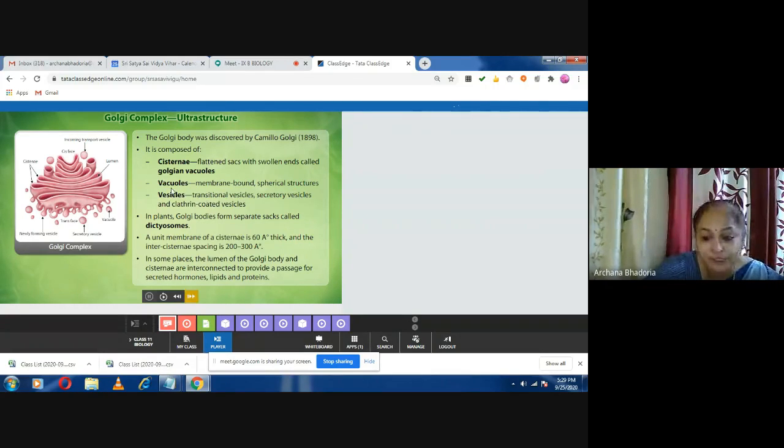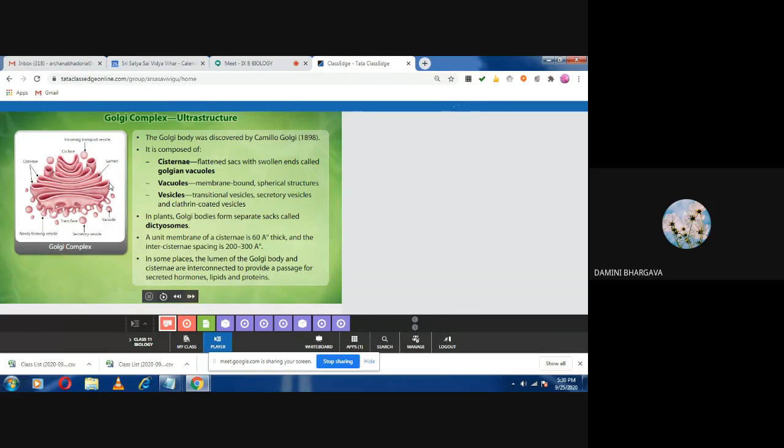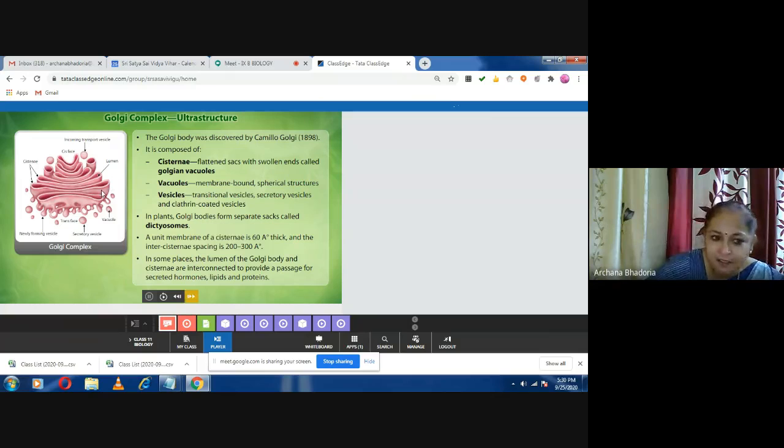Now the second component is which one? The vacuoles. Ma'am, what is meant by solenoids? Solenoids मतलब एंड्स फूले हुए हैं। तो इधर पर आप फिगर में देखने की कोशिश करो कि इधर बीच में तो ट्यूब बिल्कुल थिन है, ओके, लेकिन एंड्स पे जाने पर देखो ये थोड़ा सा ब्रॉड ब्रॉड पार्ट है। ओके, तो एंड्स इसके सोलेनोइड, जिसको अपन गोल्जियन वैक्यूल्स बोल देते हैं। डन ना? समझ में आ गया? Yes, ma'am. हाँ, ठीक है, एंड्स उसके थोड़े चौड़े चौड़े हैं, तो इसीलिए उसको बोला है सोलेनोइड एंड्स।